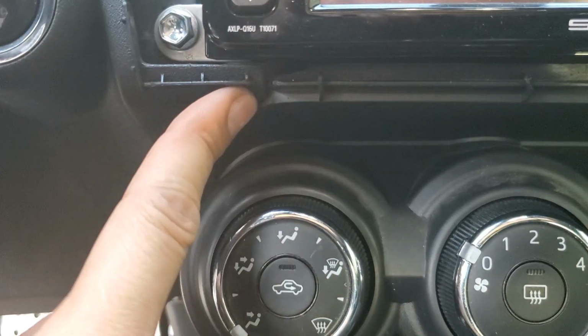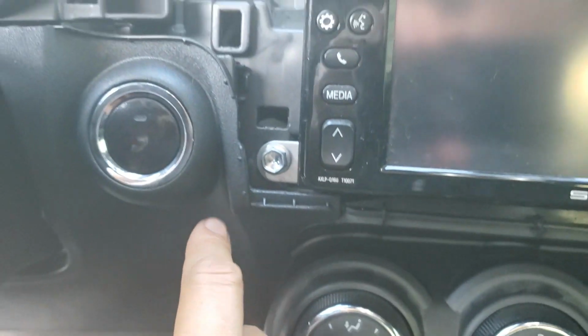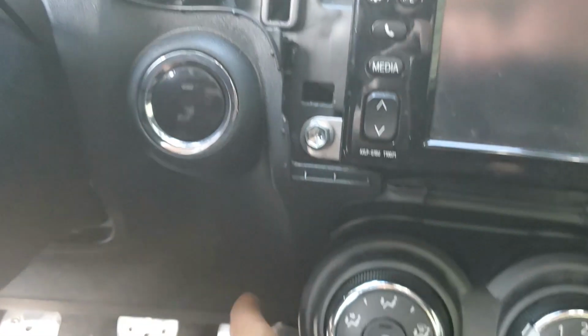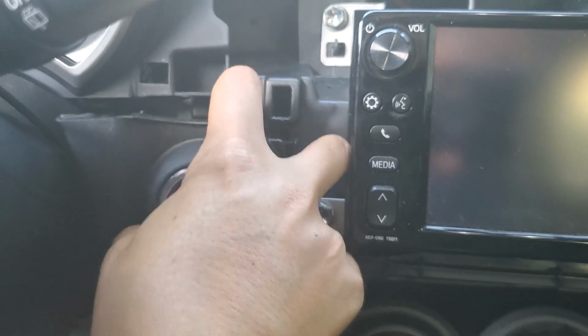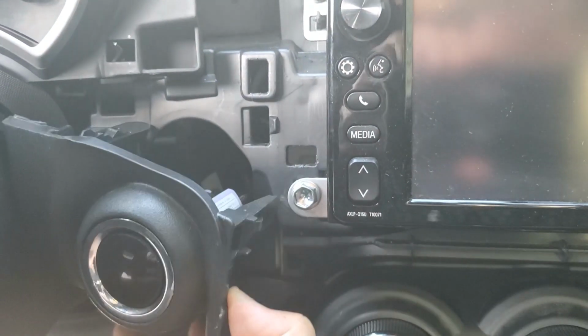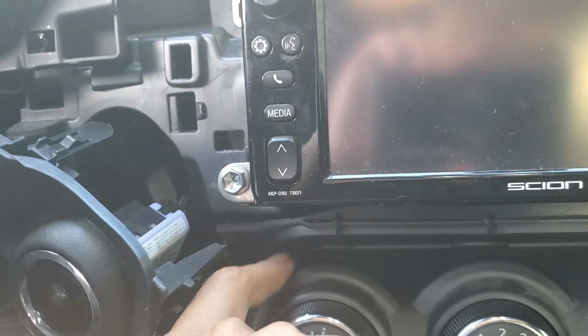As you can see, this piece of trim here is going to block us from pulling the knobs out, so we're going to remove it. It's simply held in place with 5 clips, one here, and then 3 along the bottom. Just grab it right here and pull straight back to loosen it. And then just move it out of the way. You don't need to disconnect anything. You just want to kind of push it off to the side